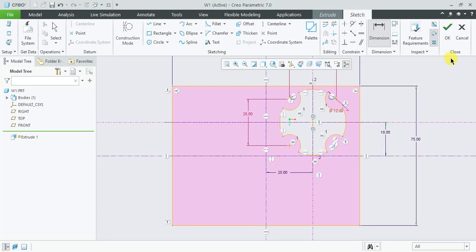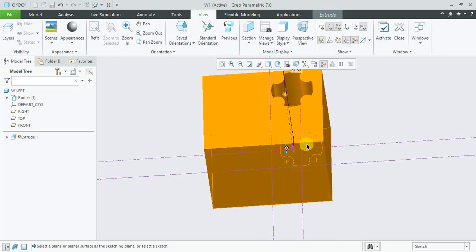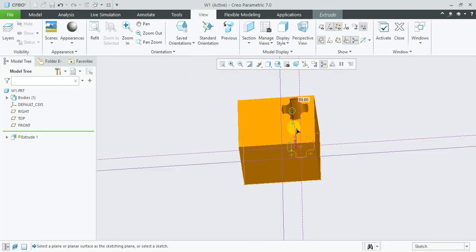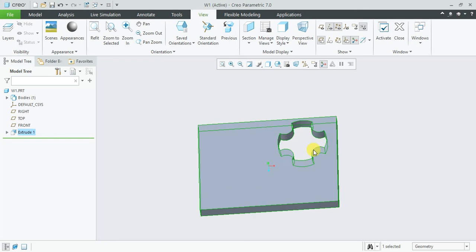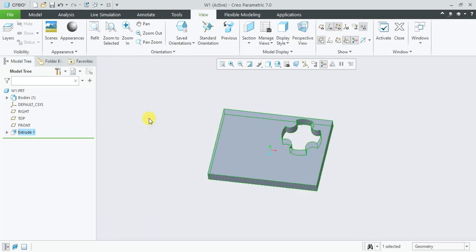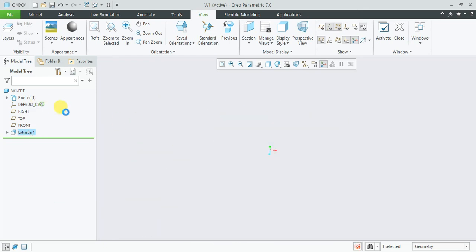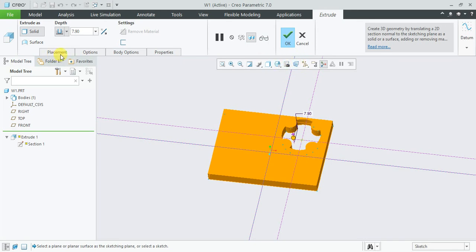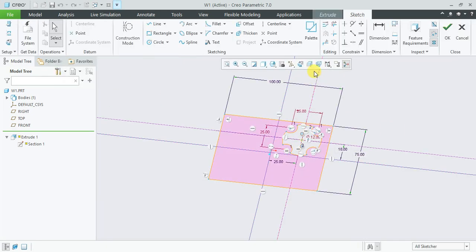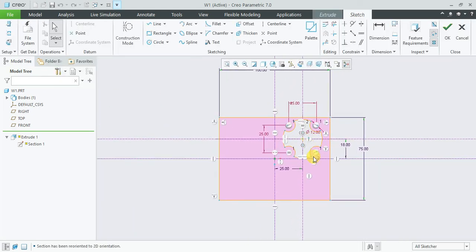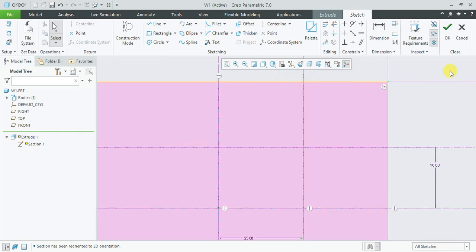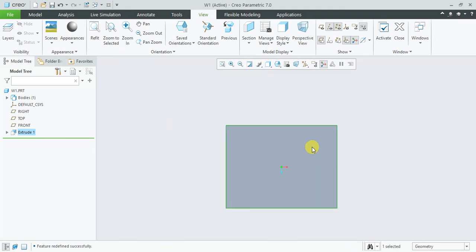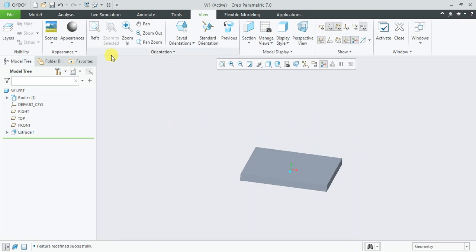Just okay it, and now you can see here that you can create extrude, or another method: I can edit definition and just edit the sketch, and I will remove this area. Just okay. Then again in the next sketch